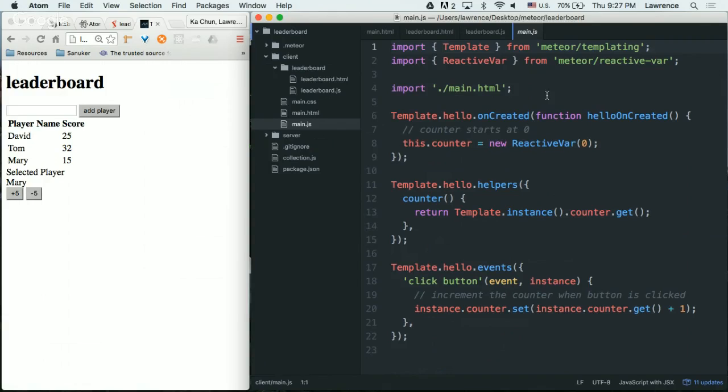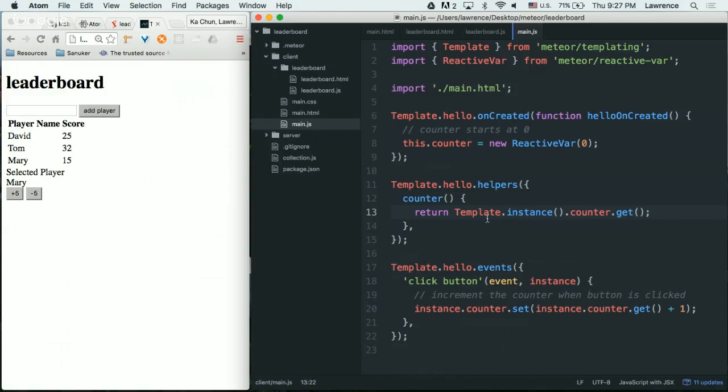In Meteor, because it's a framework to help write code quicker, the JavaScript normally comes in different sections, like onCreated, and then helpers, and events. For this beginner course, we only need helpers and events.